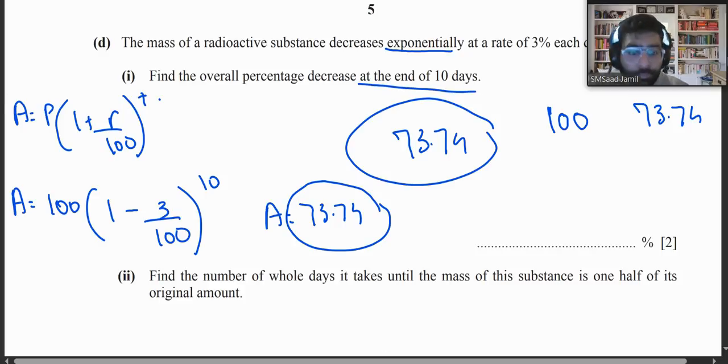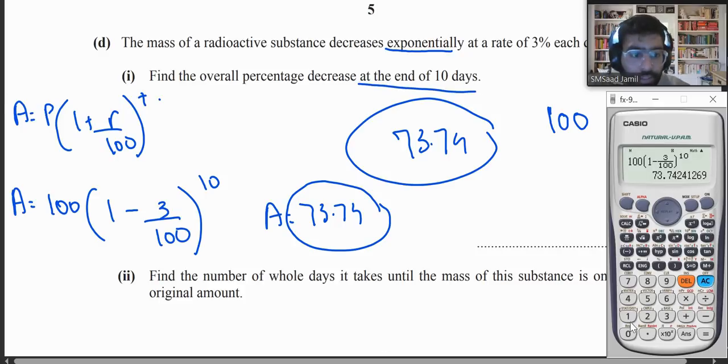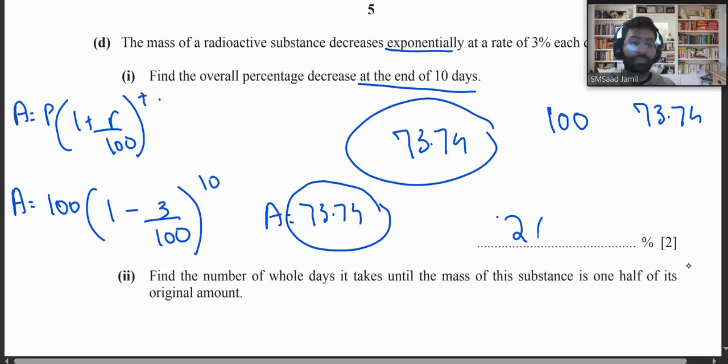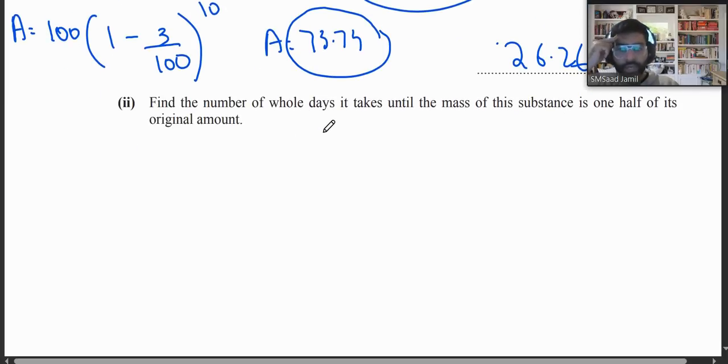So we will do 100 minus 73.74. So the answer is 26.26. So radioactivity has decreased by how much? 26.26. Get it? Okay. Now the next part is find the number of whole days it takes until the mass